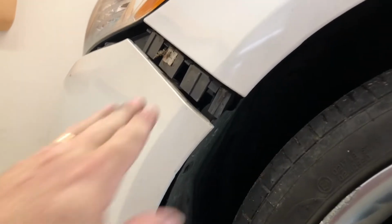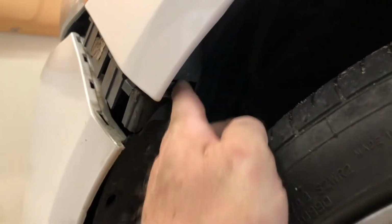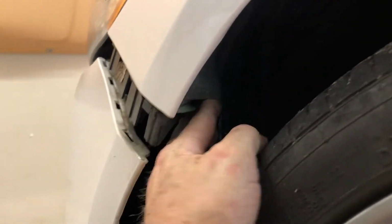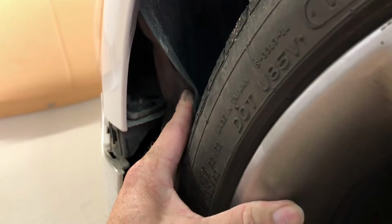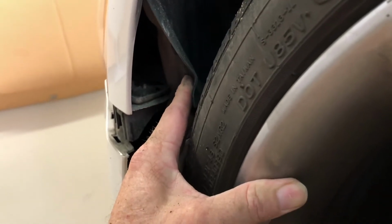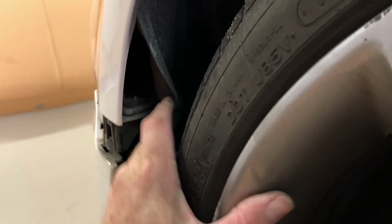All right, so here you can see this plastic bracket here, and it's very hard to get to with this tire on the car. If I had a professional shop, I had a lift, I think I'd just remove these 2 front tires. But peeling this inner fender back, there's 2 8mm bolts that come from this plastic bracket up through the fender and screw into it. You can't hardly see them with this camera, but